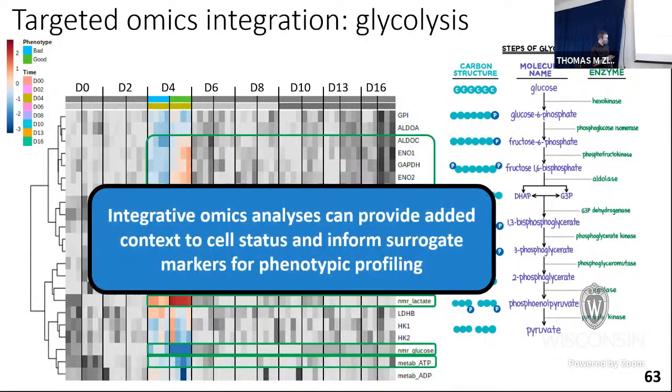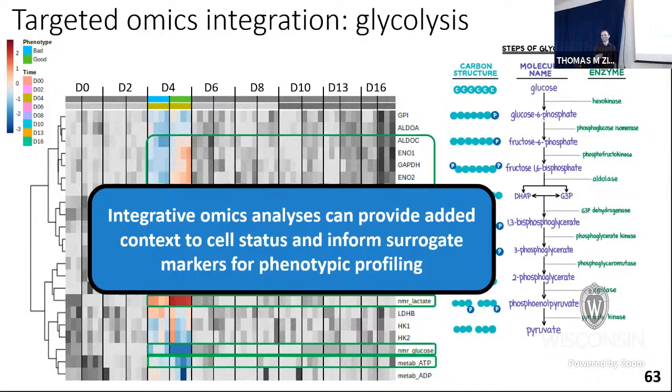So for example, here, at day 4, we see a lot of glycolytic proteins that are upregulated in a good differentiation versus a bad differentiation. And we also see that this corresponds quite heavily with a lactate signal, so increased lactate being detected in the media itself, potentially suggesting that, instead of trying to identify proteins, where you have to collect the cell to get the proteins out of it, we can look just at the cell culture media, which we don't have to disturb the cells at all, to identify that that pathway is upregulated.